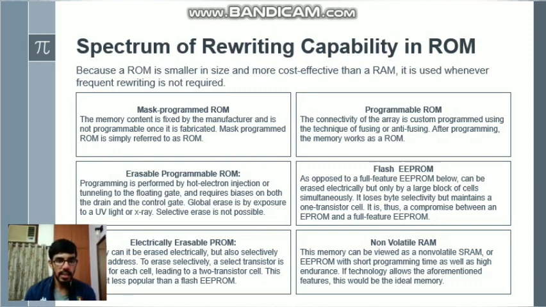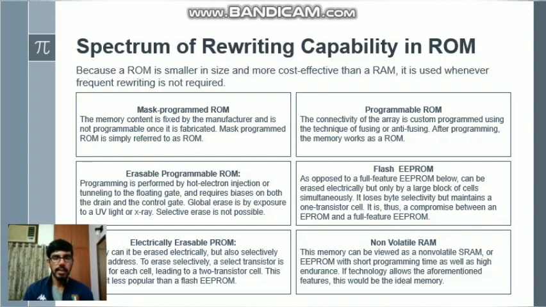The next is the EEPROM, or the electrically erasable PROM, and this again overcomes the previous one's limitation, wherein each memory cell can selectively be erased. But the limitation associated with this is that each memory cell now also carries one selection transistor, which increases the number of transistors per unit cell, which increases the cost and the surface area of the device, and hence this is not as popular as the flash.